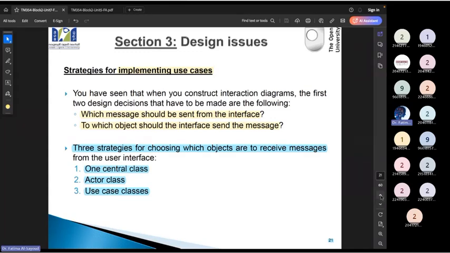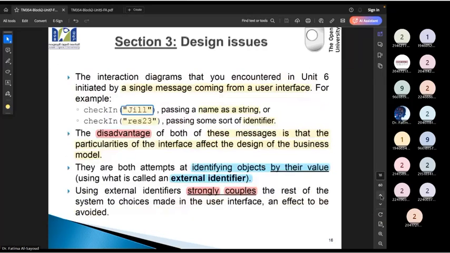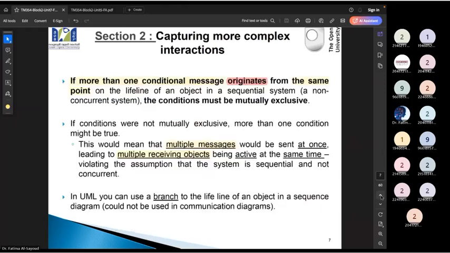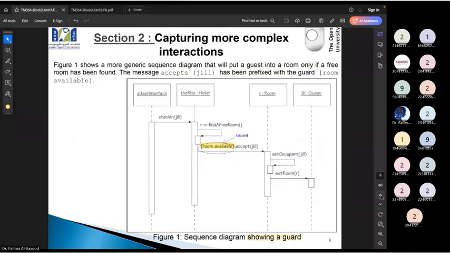So let's get back to an example we already saw before, which is hotel reservation. If you would like to check in, the use case now is the check-in. So we're drawing a sequence diagram to represent that use case, about how we're going to do a check-in.